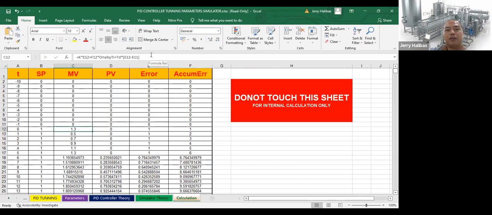Okay, so in computing MB, if you notice, let me move over here. It uses K, so K times E12. What is E12? E12 is actually the error. Remember, the proportional constant, P or KP, times the error as a function of time. Then plus the integral. If you notice, the integral is 1 by T, and it is actually the sum, the cumulative error. Then 1 by T is the